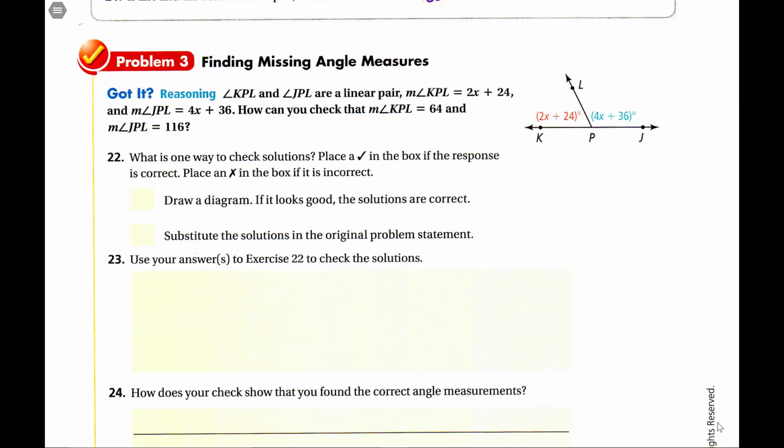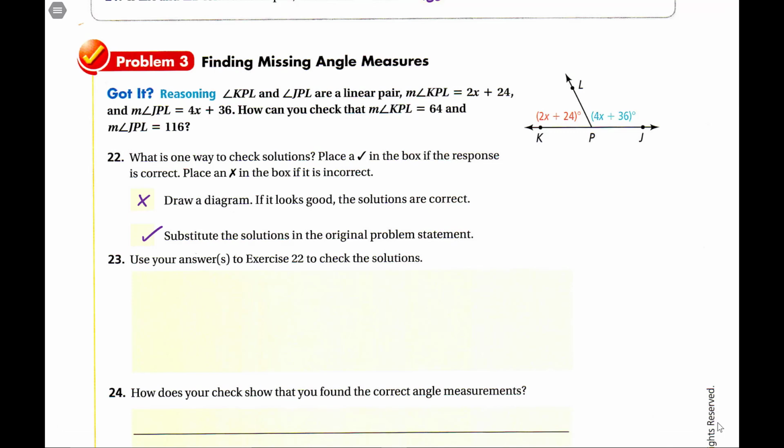First one says draw a diagram. If it looks good, then the solutions are correct. Diagrams are not always accurate. You have to be really careful with diagrams unless they are clearly labeled and precisely drawn. The second one says substitute the solutions in the original problem statement. That is definitely what we want to do. So when we set this up,